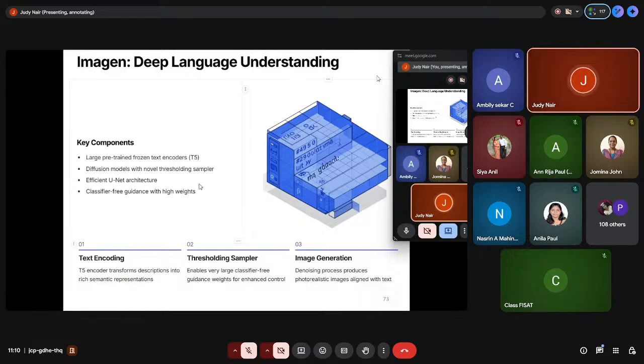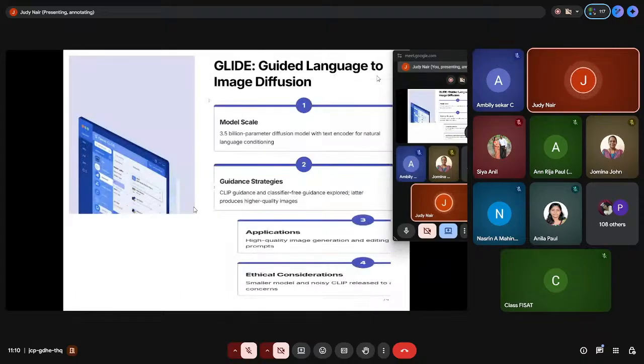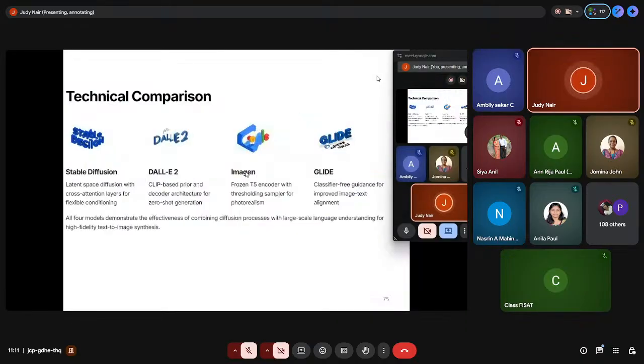Then another important pre-trained model, I don't know who has developed this, I was just checking on the internet: Imagen, for deep language understanding, where they have used a similar diffusion model. GLIDE is another language-to-image diffusion model. You can see that 3.5 million parameters are used in here. I just took all these most famous diffusion models.